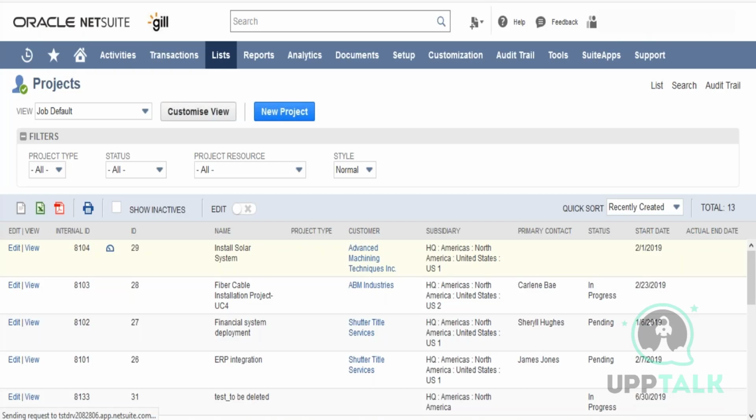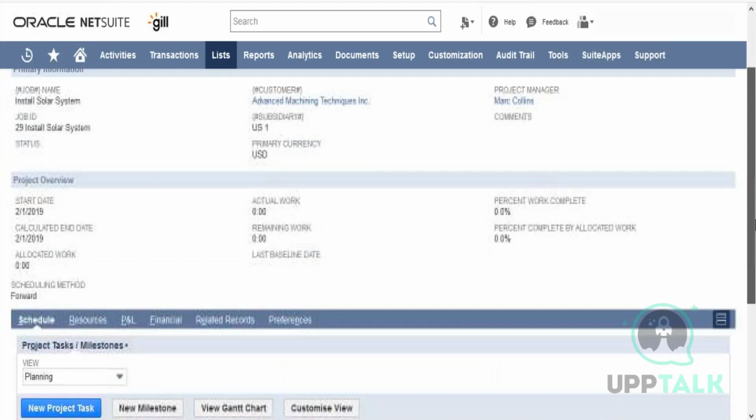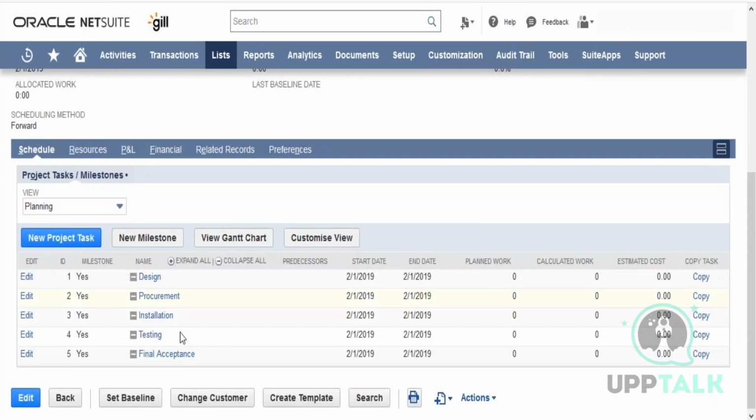On the project, in case this particular project is related to a particular customer, you can define the customer here, who is the project manager, and so on. Under schedule you will define all the tasks that are there. What are the tasks that you need to perform? It will have design, procurement, installation. If you want to edit it, you can do that, and you can define the start date, end date, and everything. So if I click on edit,